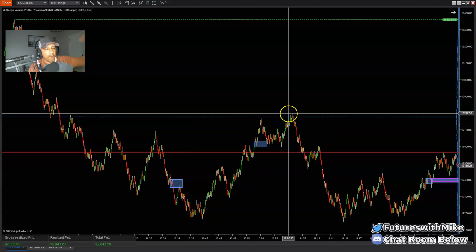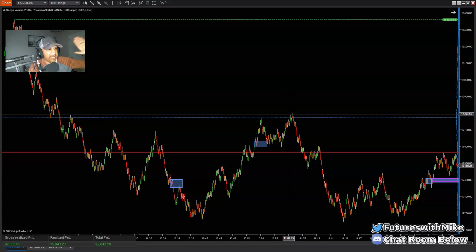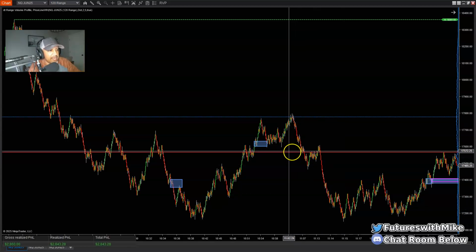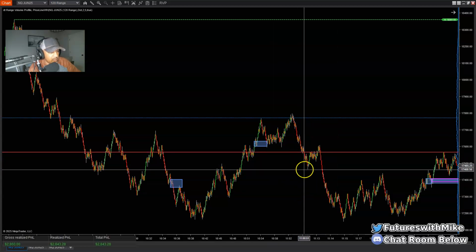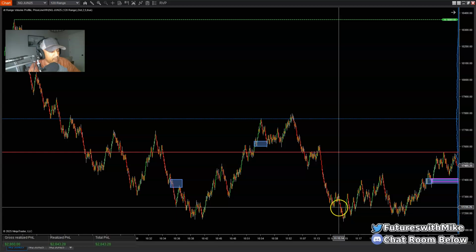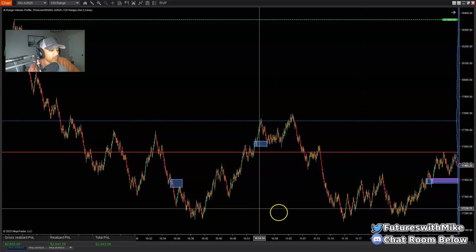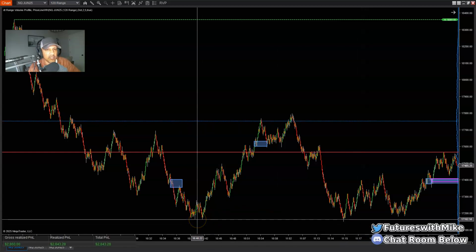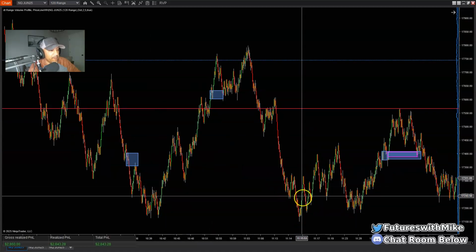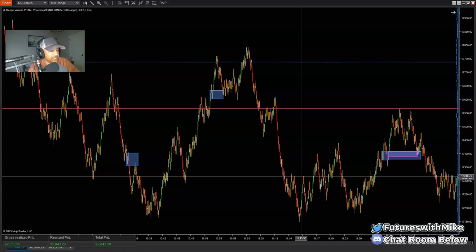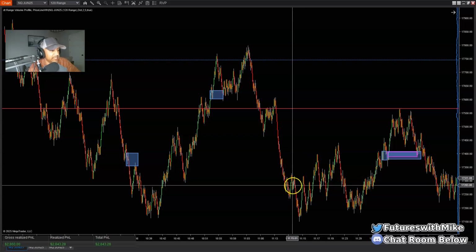When it pushed up and made its final point of its basic destination where it stopped before turning back around, it started making lower lows and lower highs, taking out structure as it came to the downside, and it slightly broke below this major low right here. So that's a break of structure right there. That is a break of structure. That's why when the market pulled back right here, as you can see right here, this was a